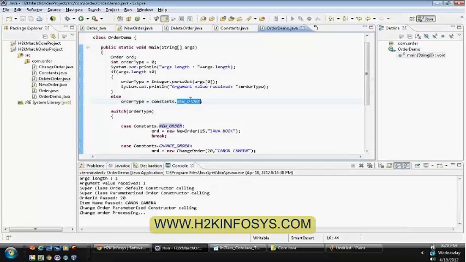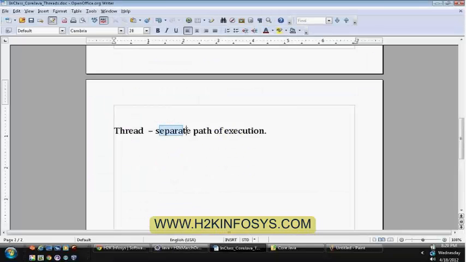At this point of time, if you make use of a separate path of execution, one thread, one path will wait for the input stream, and you can create a separate path instead of wasting your CPU cycle.